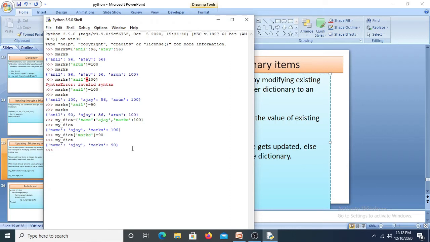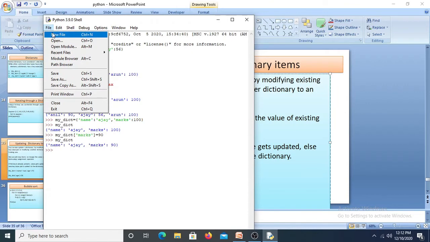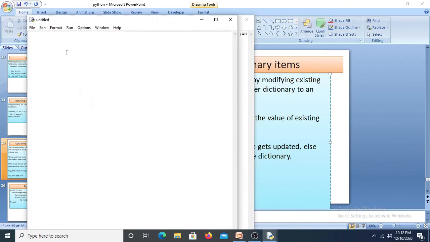So now how to use a for loop in the dictionary here. We'll try once again. I'll take the editor, and let me try student, which is equal to, I want to use 101.